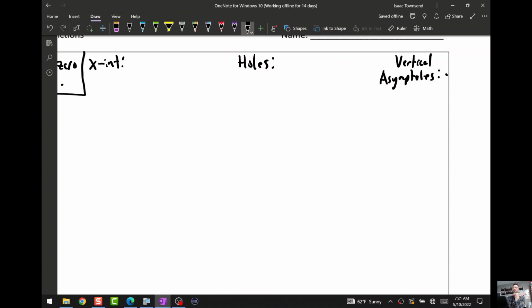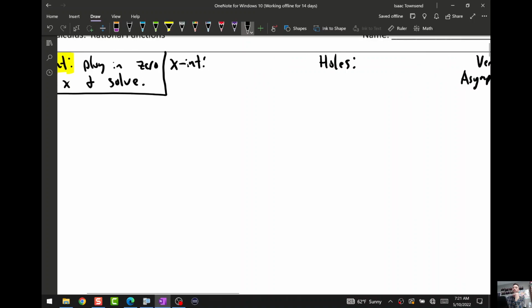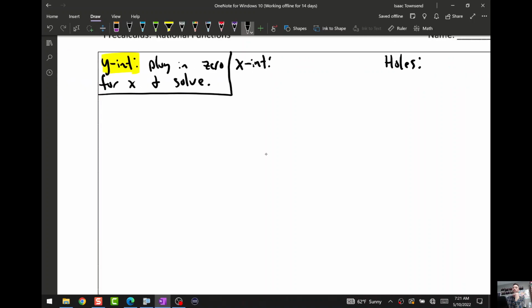Okay, so similar to y-intercepts, if y-intercepts is when you plug in 0 for x, x-intercepts is when you plug in 0 for y, but you don't have to write this part down unless you think it's helpful. But if you're talking about a rational function, plugging in 0 for y is going to look like this. Well, when does a fraction equal 0? When it's 0 on top. Right, so x-intercepts occur